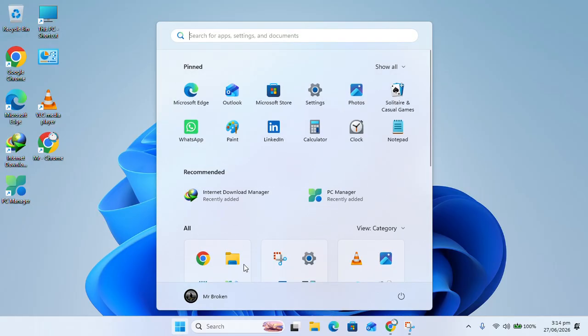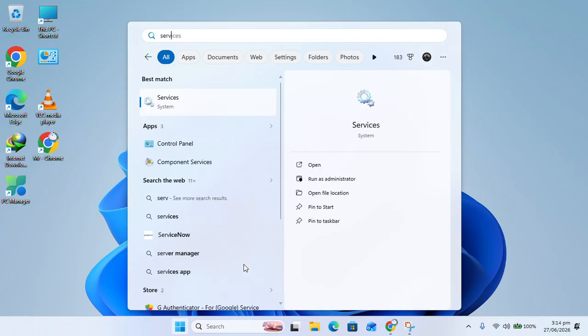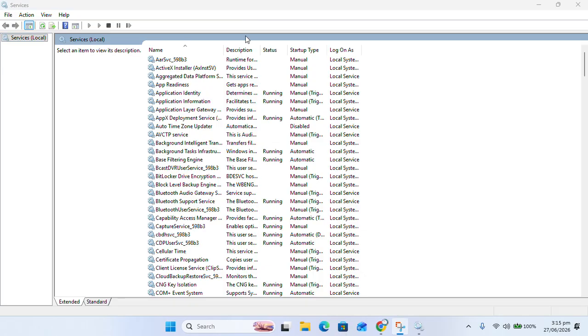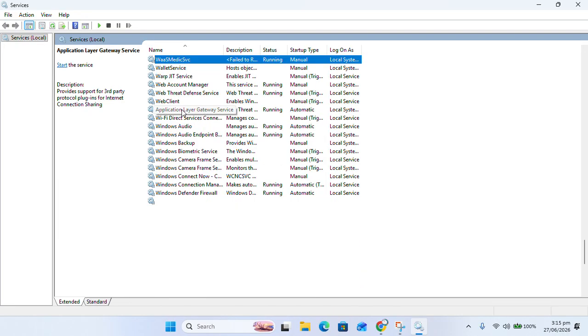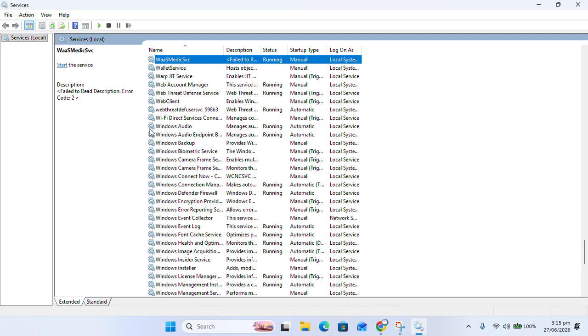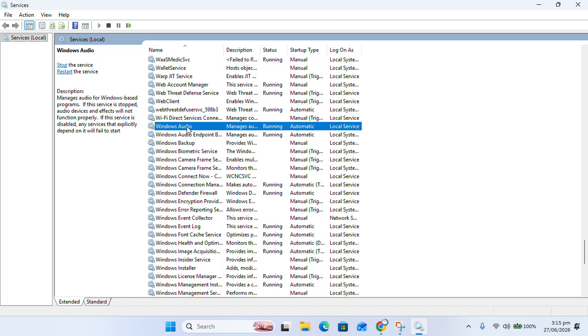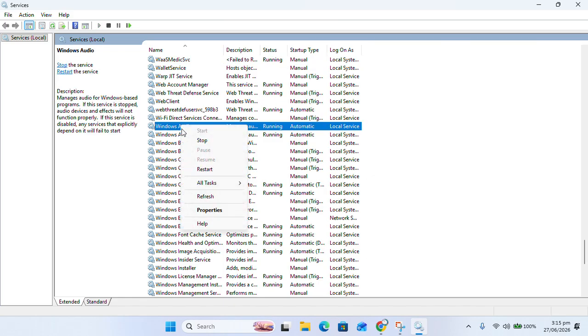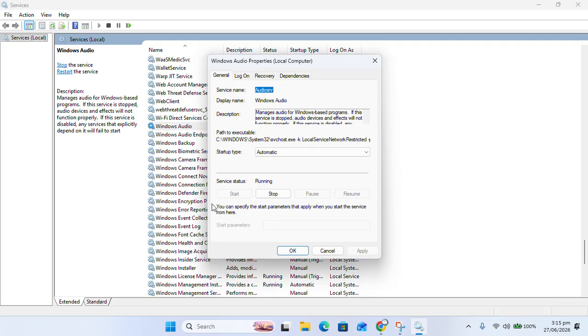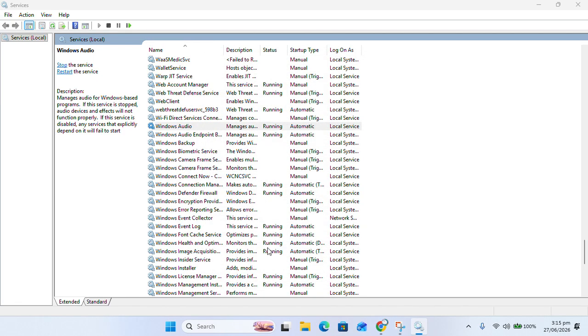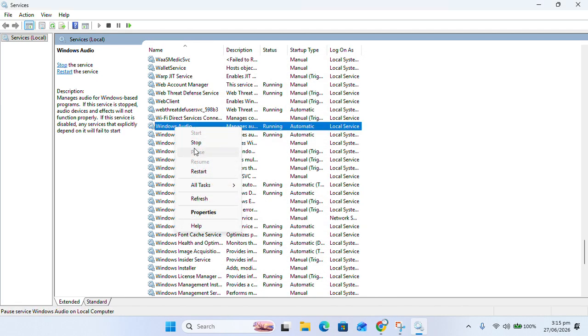If it's still not fixed, go to search again, and here just search for Services. Now once you are here, you have to click on any service and then press W on your keyboard, and now you might see Windows Audio. Just right click on it, go to Properties, and here you might see Startup type. You have to select Automatic from here, then click OK. Now right click on it again and then click on